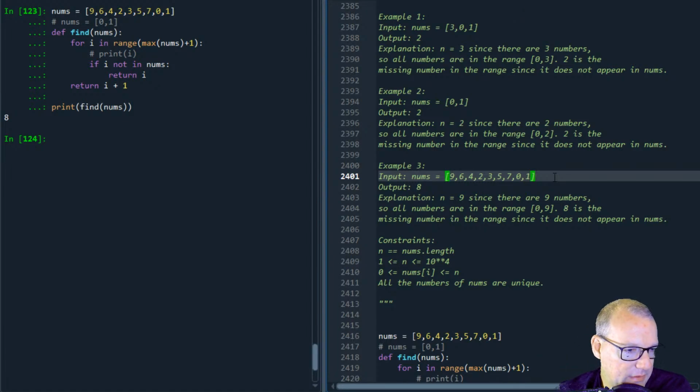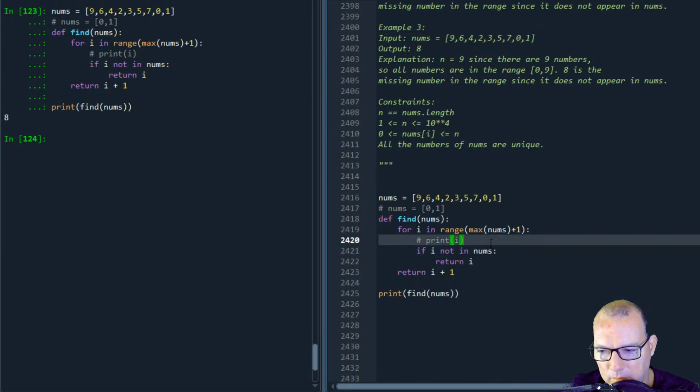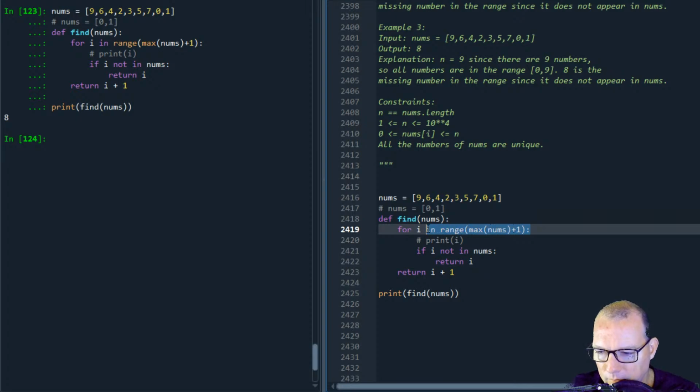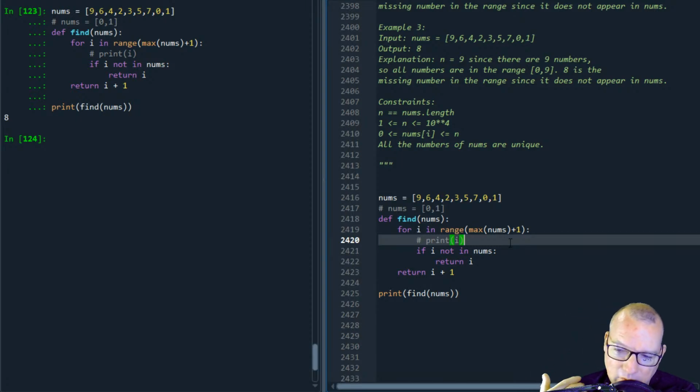So max is working, but I believe that is also going through the entire list, but it's in the base code, so it's faster than if we were to do it. But let's see if we can